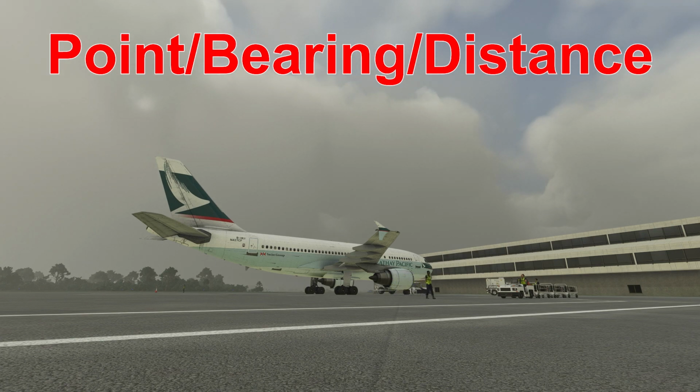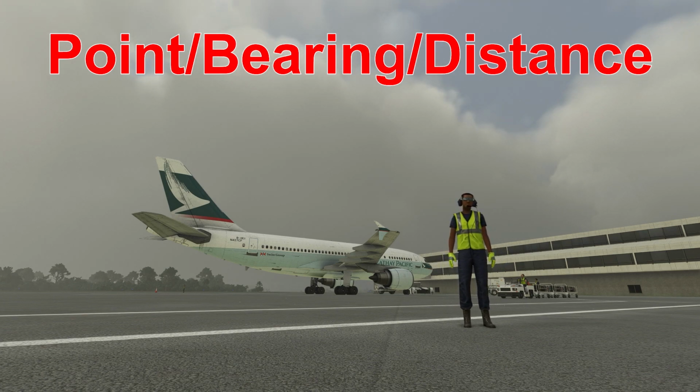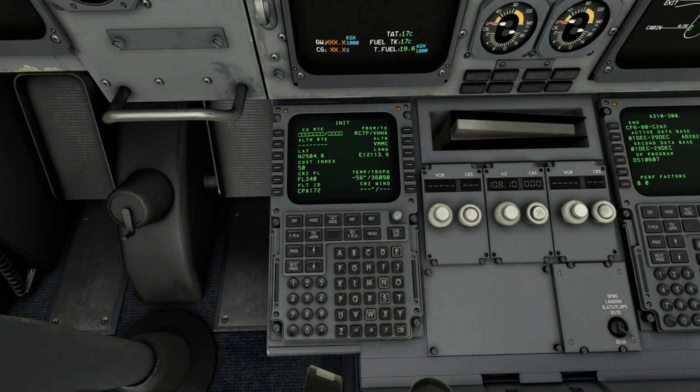at what bearing from that reference waypoint or that point, followed by a /, sorry, and then the distance from that point in nautical miles. How far away do you want your custom waypoint to be from that point? And that's it. So going to the MCDU, you have to go to the flight plan page,